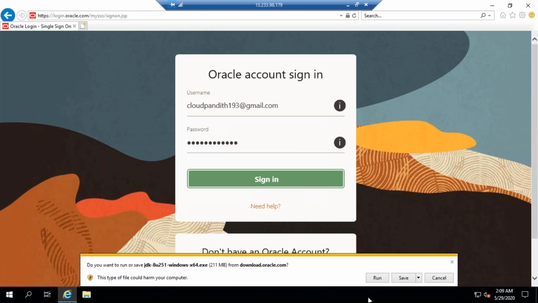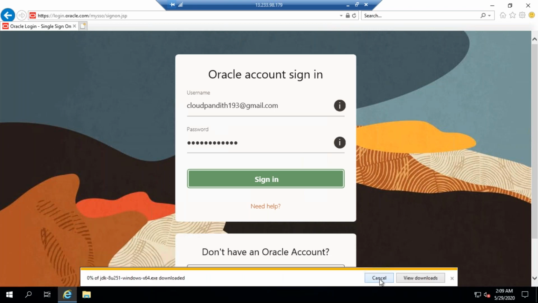See, it is downloading. Now what you can do, just click run. Directly you can click run. So here you can see running security scan. It is already downloaded. It is scanning security related things.